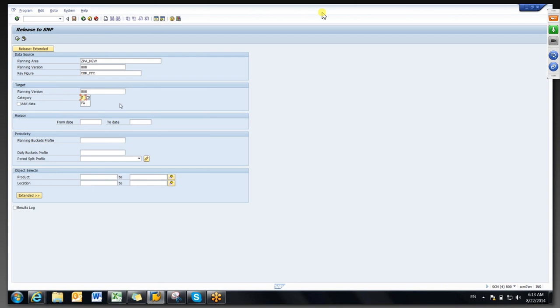FA. Okay, and key figures. So here, whatever forecast you are releasing, you can view in standard SNP planning books or in your own planning books also. Anywhere you can see. If you create 10 planning areas, the data will be same in all the 10 planning areas. Because